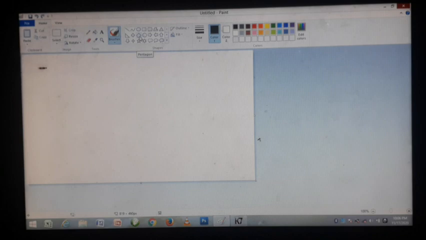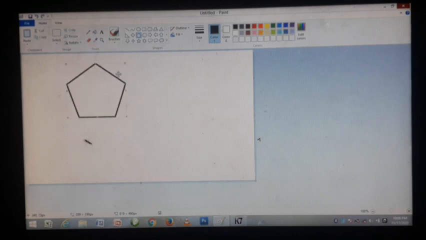The Pentagon tool is inside the shape tool. By using the bucket tool, the fill with color tool, we can give color to the shape.